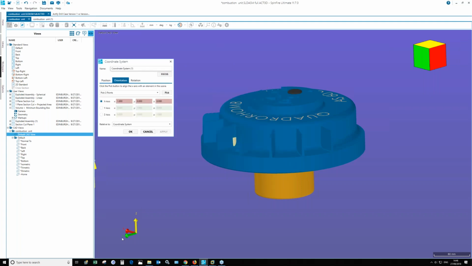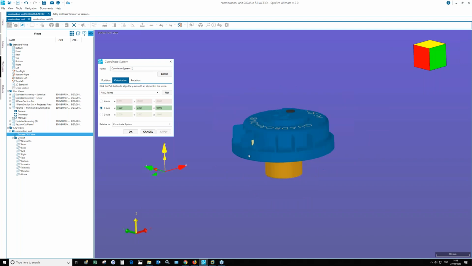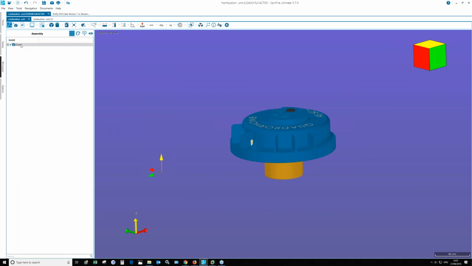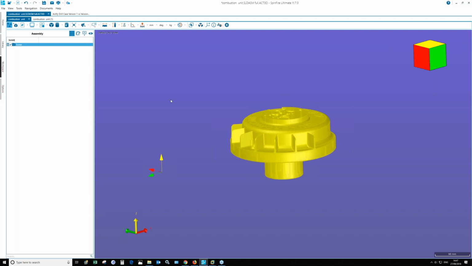So let's do our y-axis, and let's say about 700. So we have, looks like, in fact, I had one already there. So what I'm now going to do is select this whole assembly again, right click that assembly,